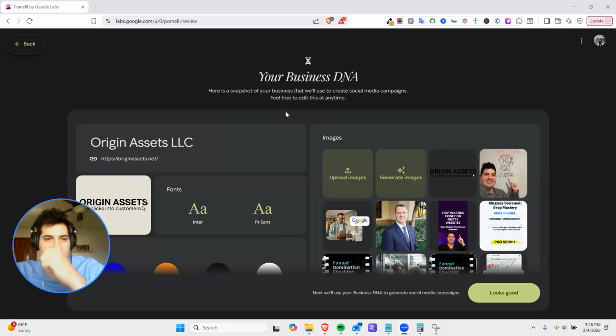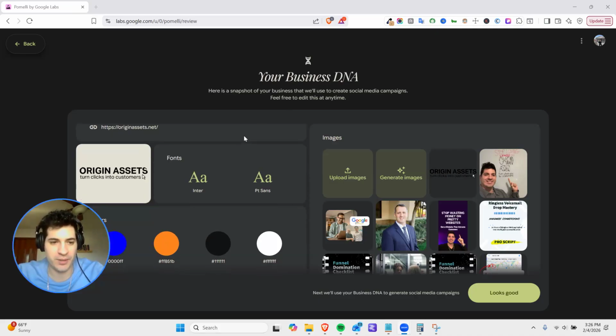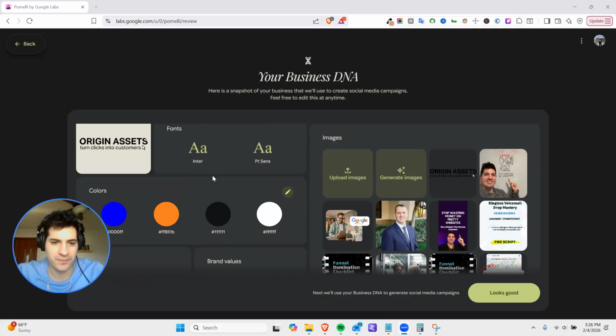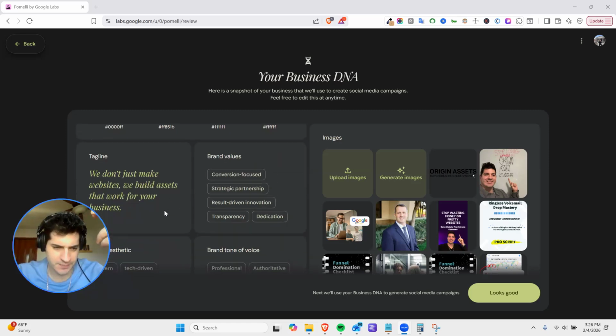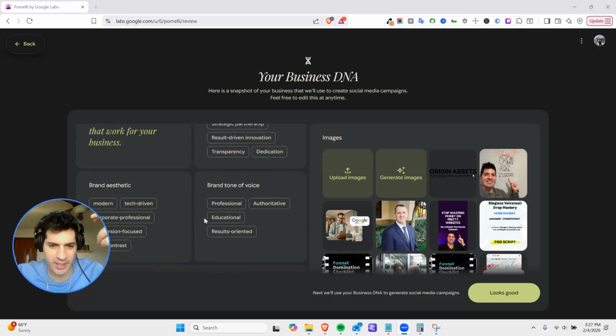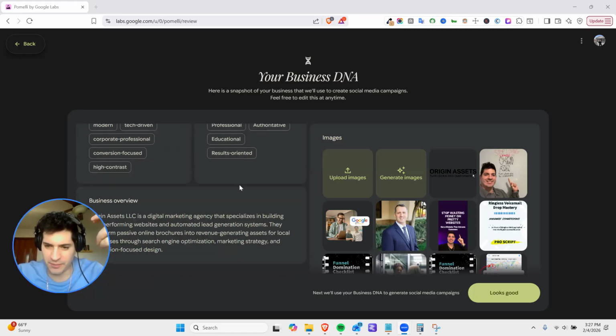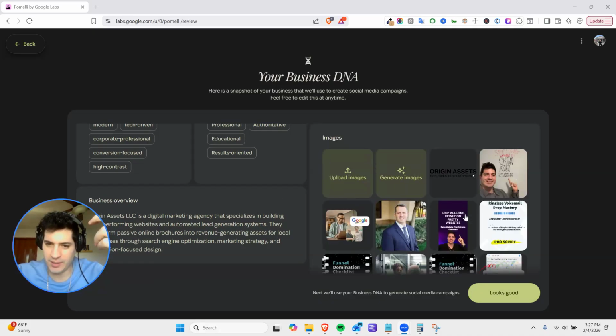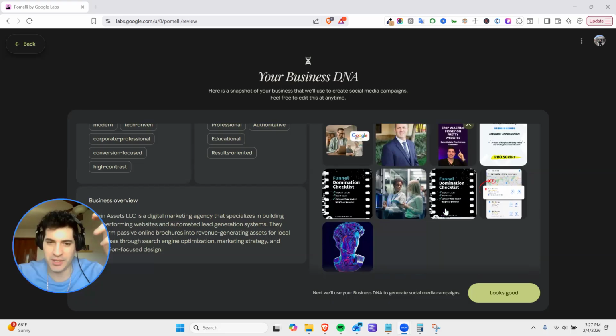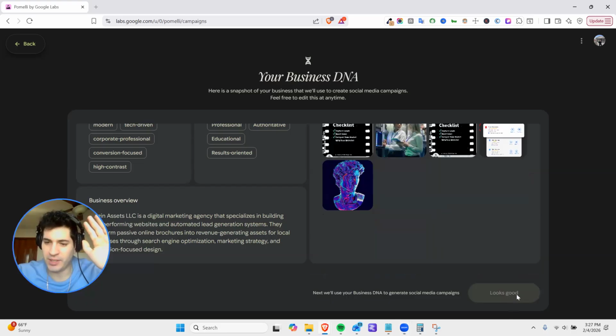All right, so it just finished loading, scanning my website, and there's something called your business DNA that it came up with, which is the logo, the kinds of fonts I use, the colors I'm using, and tagline, all that stuff. It's even pulled some images. Okay, looks good. Should I upload images? I'm just gonna go ahead and see what it can do